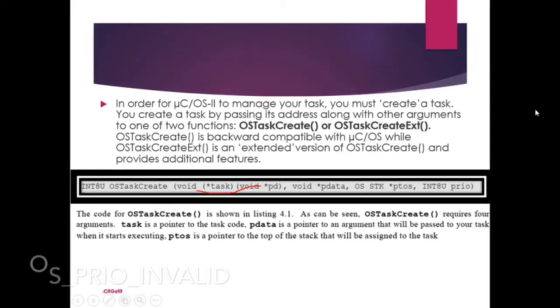And the third one is OS_PRIO_INVALID. That means we said earlier that in RTOS we have 64 priorities in total, and out of that 8 are reserved for the OS. So if you are trying to access some of the tasks related to the operating system, then it will result in an invalid priority. And finally, one more thing that it can return is OS_NO_MORE_TCB.